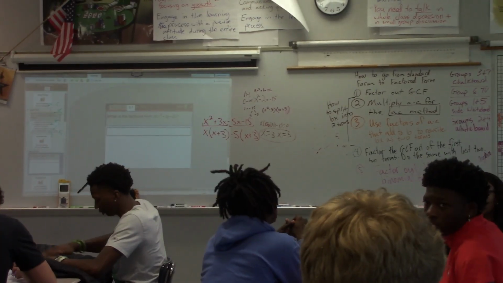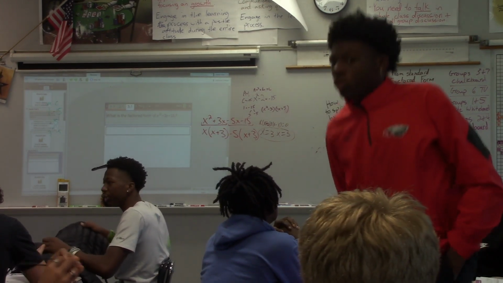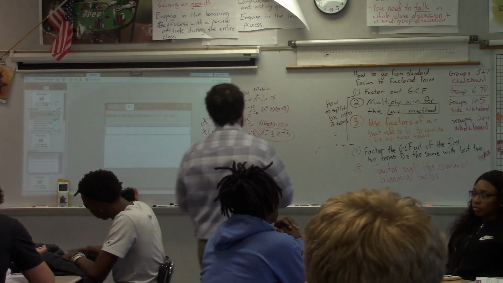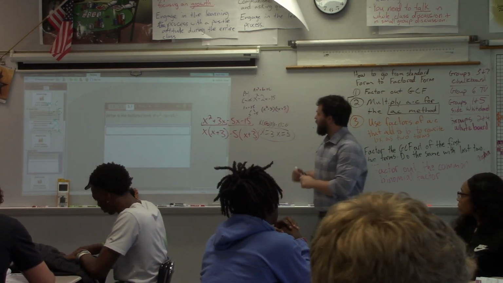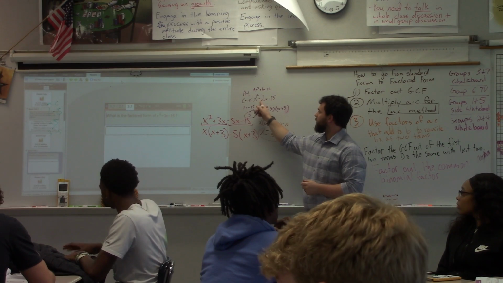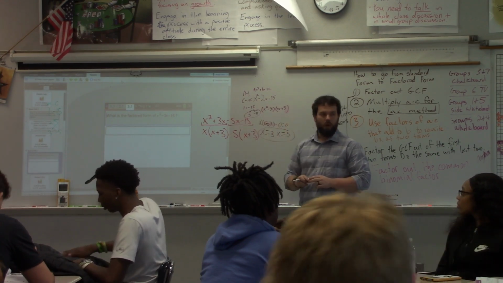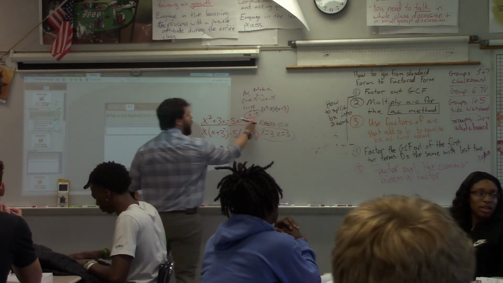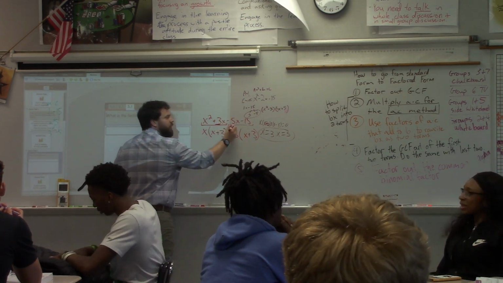Sorry. We need factors of A times C that add up to B. And all we're going to do with those factors, right? And we eventually got there. 3 and negative 5. Do those add up to the B of negative 2? Oh, yep. 100%. All I'm going to do is pull those factors, and those are going to be my coefficients